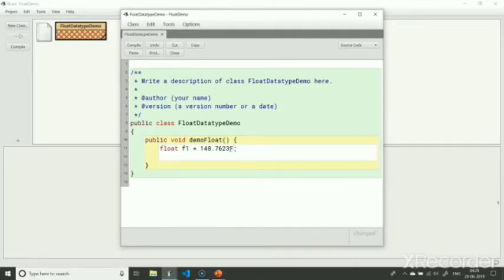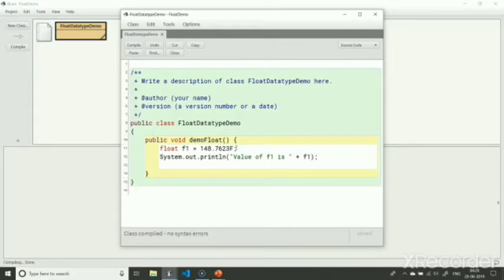Okay, moving on, let me print this value and execute the code. I will compile the class. The class compiled successfully. Next, let's execute demo float method.